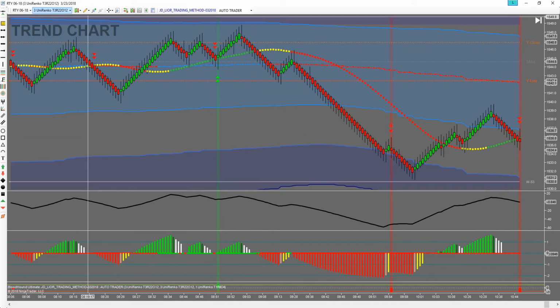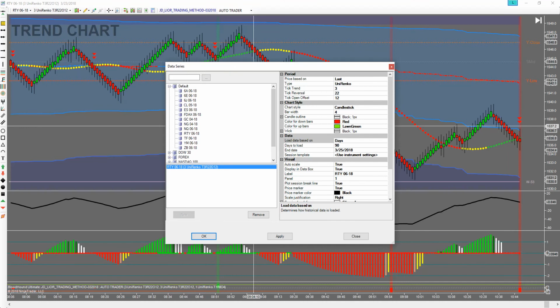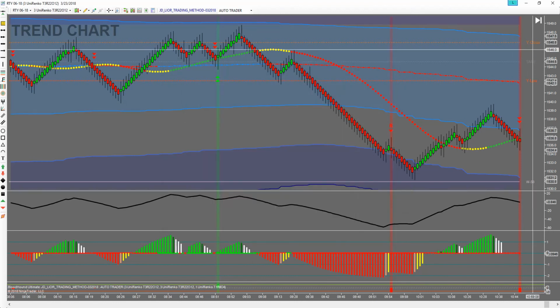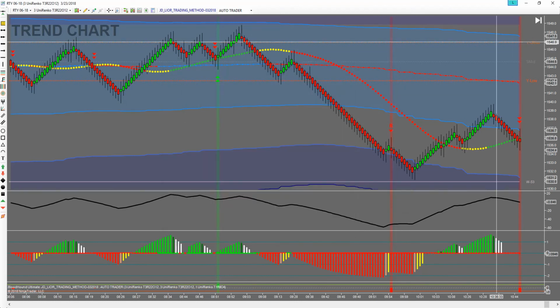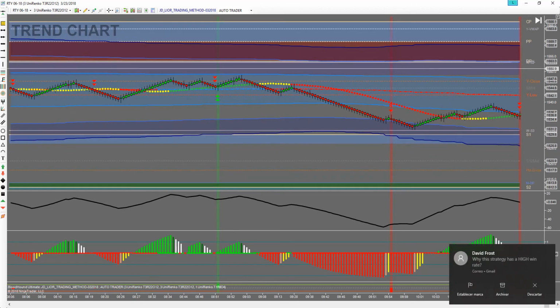Basically, I've come up with this combination of Unirenko of tick trend of 3, tick reversal of 22, and a tick up and offset of 12. I'm loading 90 days of data so I can plot my weekly, monthly, and daily information of the pivot points, which gives me this. I like this because I can see the yesterday's value area,